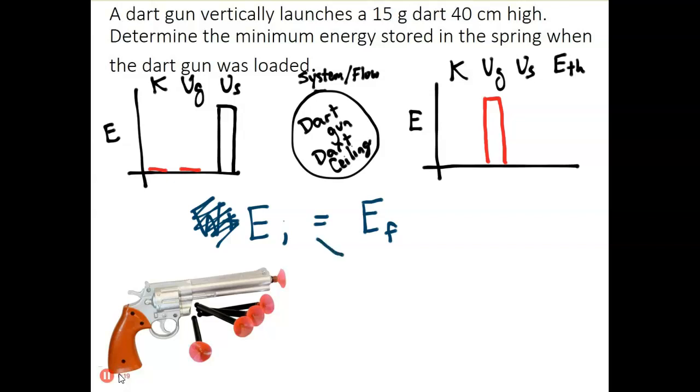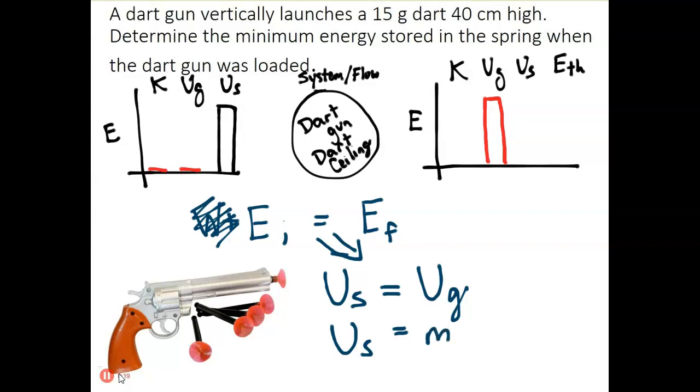I'm going to have to scoop my arrow over just a little bit here, my equal sign. Beforehand I had US, and then my final conditions I've got UG. Then I can lay out US equals, and then for UG I'm going to use mass times 9.8 times delta Y, because that's the definition of gravitational potential energy. So for this one, US is the mass of the dart in kilograms, would be 0.015